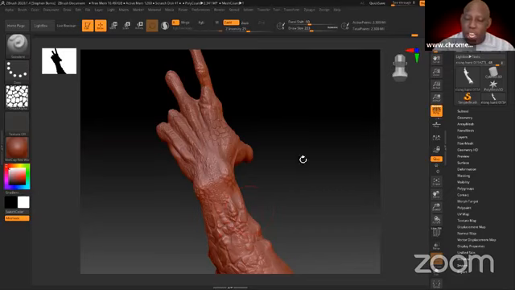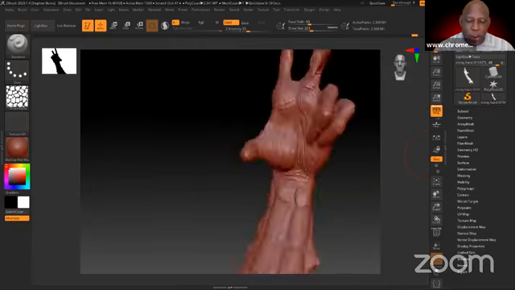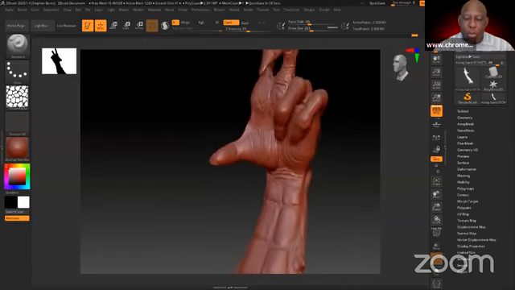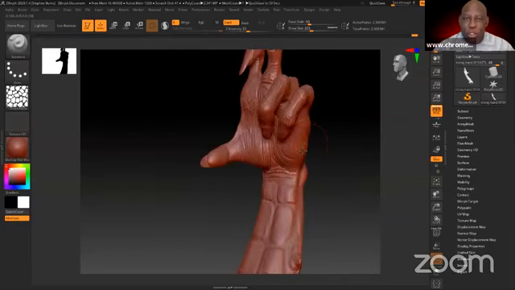And I can save this out, and ZBrush calls this not a 3D object. ZBrush calls this 3D hand that I created, they call it a tool. So this hand is now called a tool. Instead of a 3D object, they chose to call it a tool. So just keep that in mind. I don't want to get into a whole ZBrush lecture here, which can easily happen. So let's get out of here.